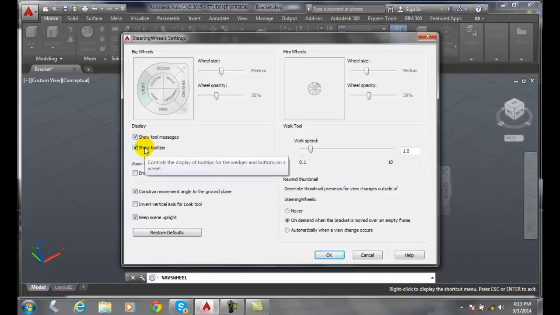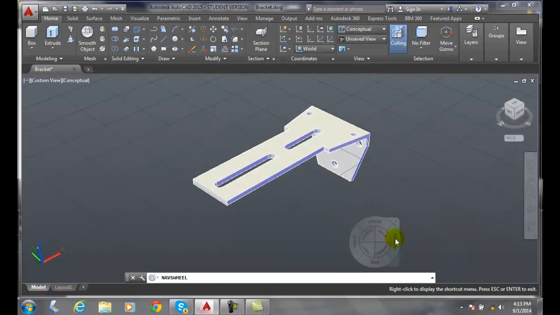Also show tooltips. When this is on, if you hover over the wedge for 3 seconds, we'll give a tooltip of what it does. Let's take a look at the display. So when I hover over rewind and I park it there for 3 seconds,